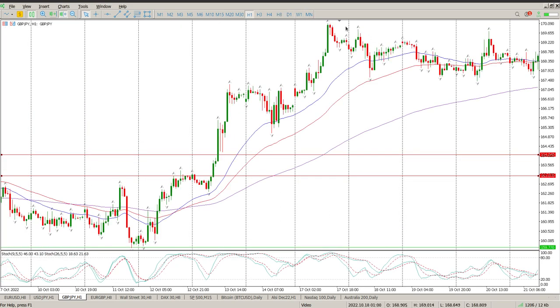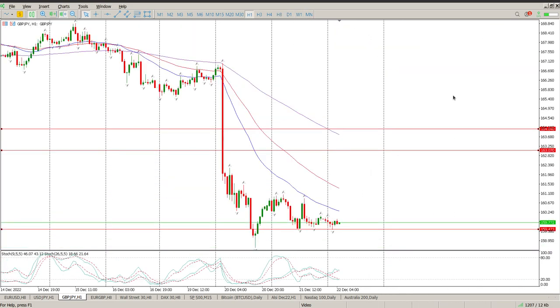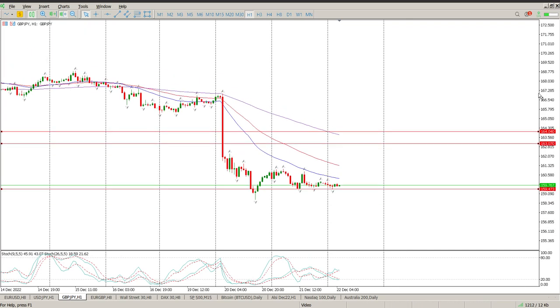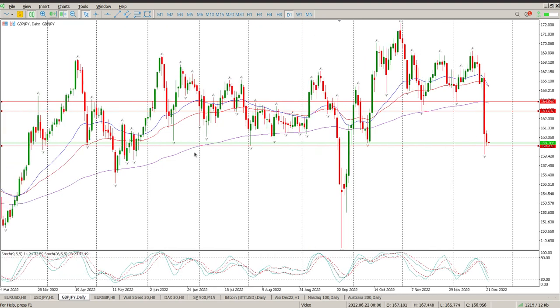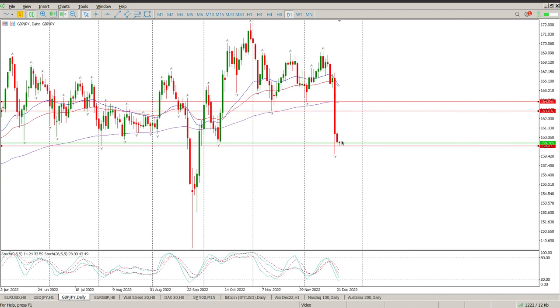Now we drop down to the level we want to trade in the day. You can see oscillators all over the place. It looks like it's forming a flat bottom triangle, to be honest. So this is a fairly solid area of potential support, but if I get back to the daily here, you'll see there's a lot going on here, so it's going to take quite a bit to break through this. So for me, until we break through this area properly at 159.473 and come back and test it, I'm not